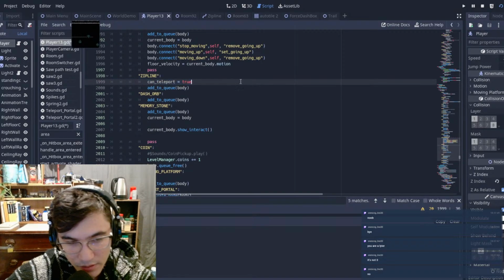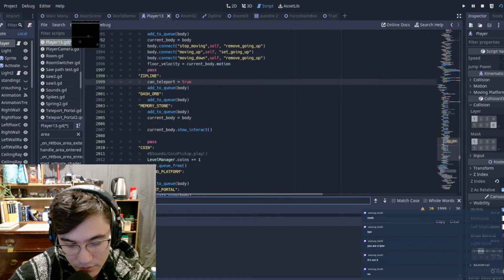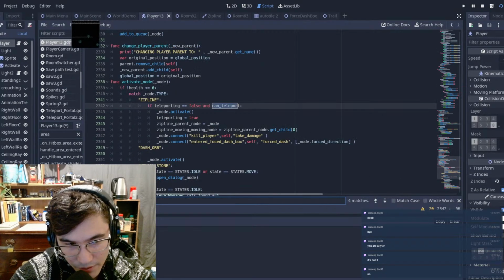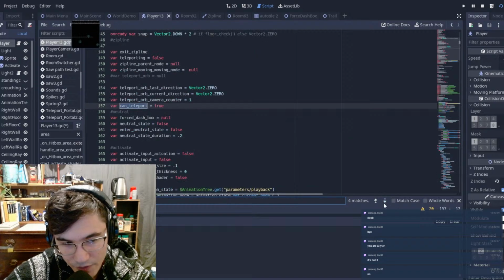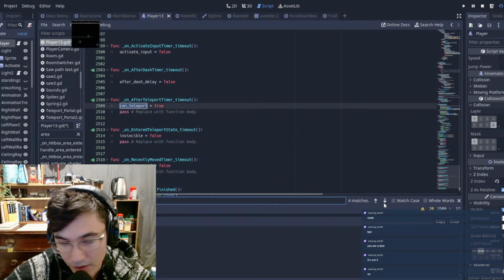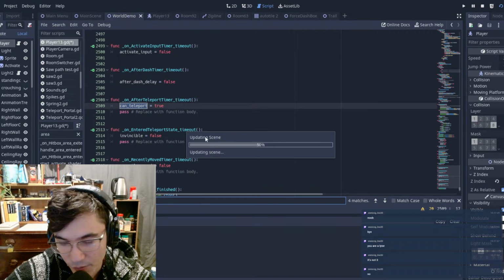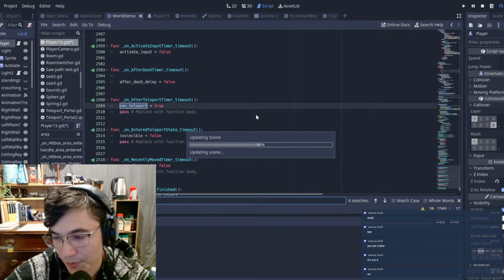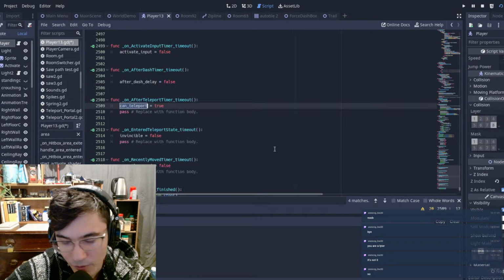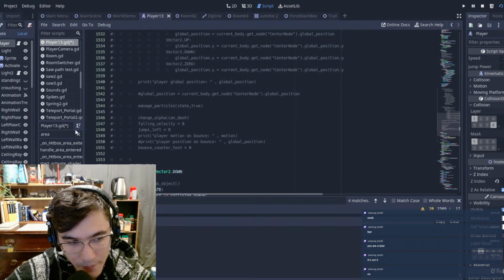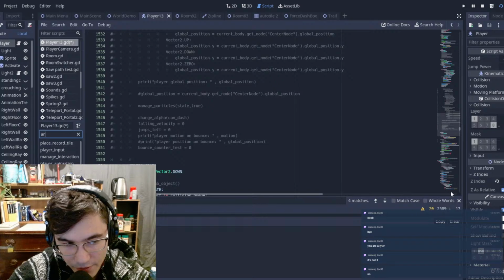What is can teleport? I'll leave can teleport there because let's see what can teleport is. This is on activate node. Okay, yeah, that's our check for being able to exit and enter the zipline state multiple times. We don't want that to happen. But I think with this new collision code, we won't have to worry about it anymore. So let's go back into